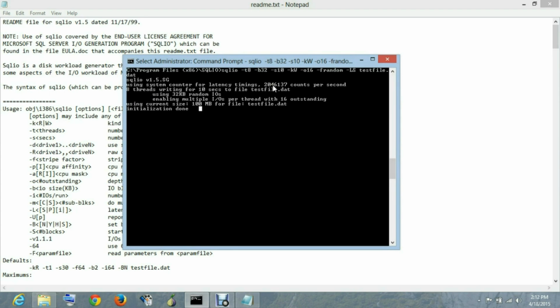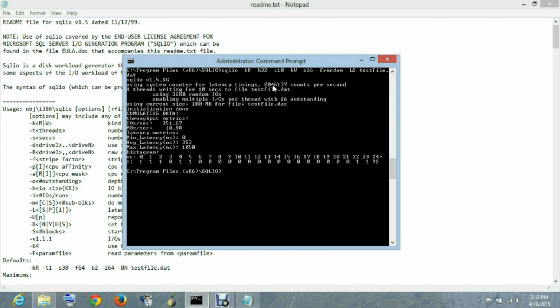Depending upon the system configuration, sometimes it takes more than 10 seconds to execute. Yeah, as we can see now, average latency is 353 milliseconds and maximum latency is 1050 milliseconds.